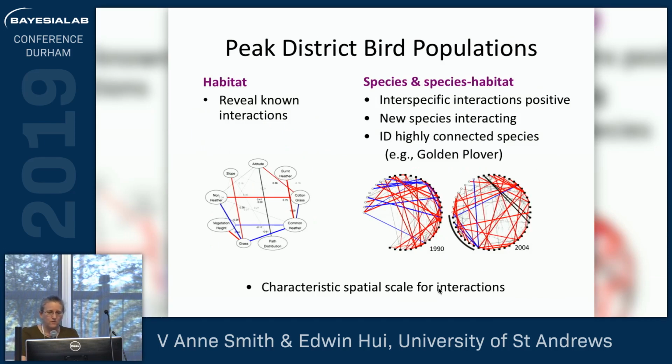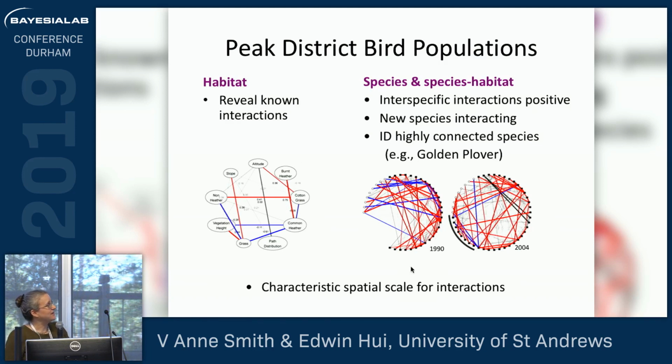And this is just the type of thing we did. This was kind of our control. This was the known habitat, and this is actually my favorite link here, which is altitude to path. So here, red is a negative influence score, blue is a positive influence score, and black, the influence score that Jing developed, can actually say, I give up, it's non-monotonic. And it does that because paths in the park tend to follow peaks or valleys. And it was very nice to see that the Bayesian network pulled that out.